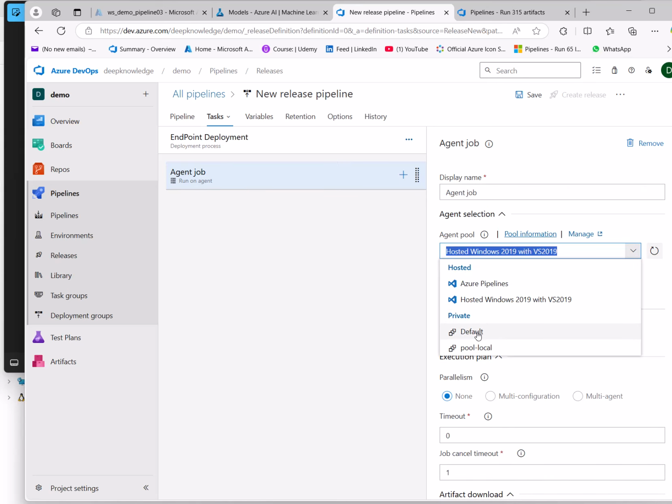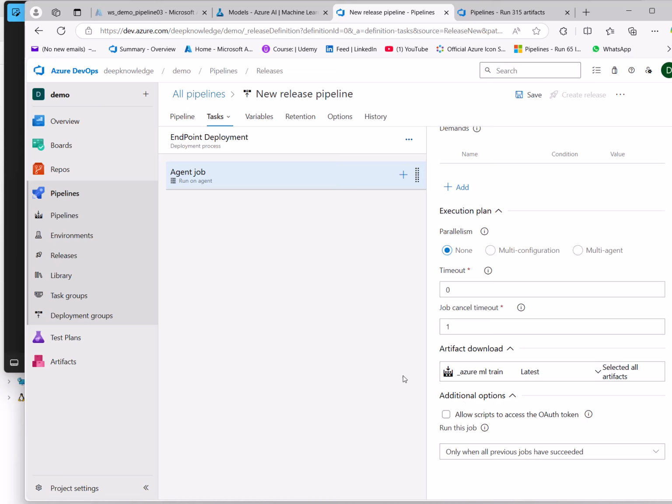the host. I mean, because I have a private, I have it here. I also uploaded a video on how to use a self-hosted agent. And this also I'll keep as it is. And you can see here in the beginning, it will try to download this artifact so we can use it in the next